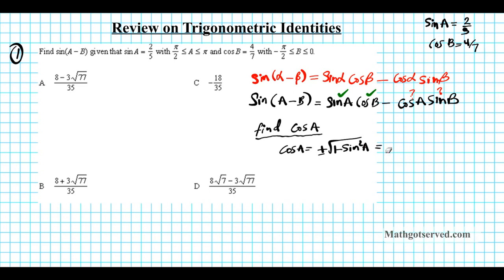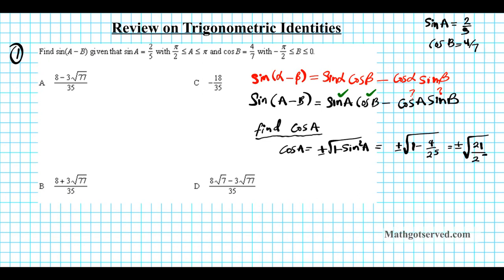If I plug in the value of sine A in here, I'll have plus or minus the square root of 1 minus sine squared A, which is 2 over 5. So when I square that, it's 4 over 25. If I find the LCD of these two, I'll have 25 over 25 minus 4. So we'll have plus or minus the square root of 21